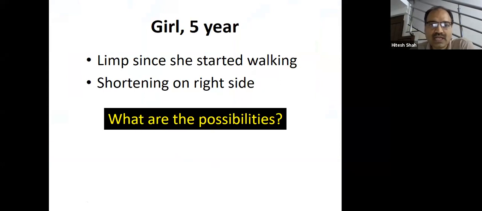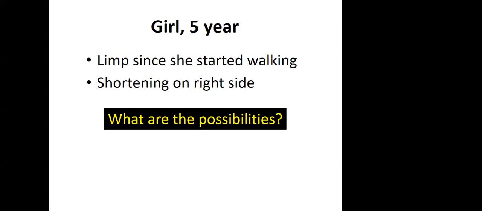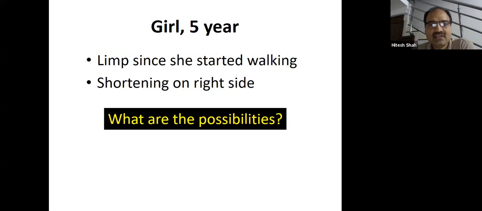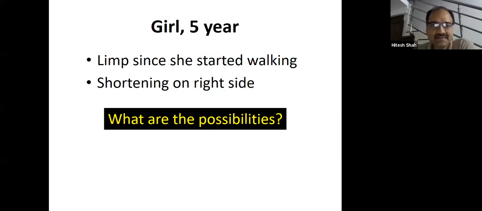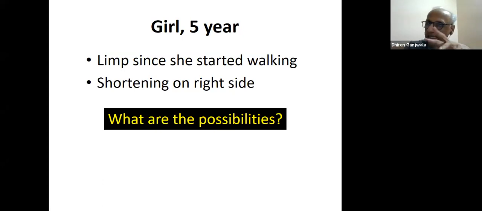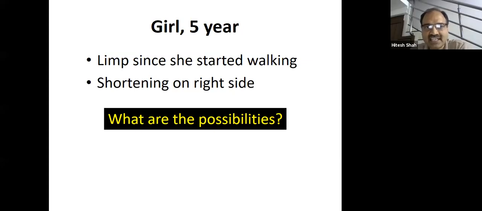So what are the possibilities from history? Very commonly the examiner will ask the students, what are the possibilities of diagnosis? DDH, sir. Always DDH? Yes, correct. Any other thing? We have asked for possibilities, so we are not asking for the diagnosis. We want you to think in a broader sense, and what could be the real possibilities. Any other possibility? One is DDH, agree.